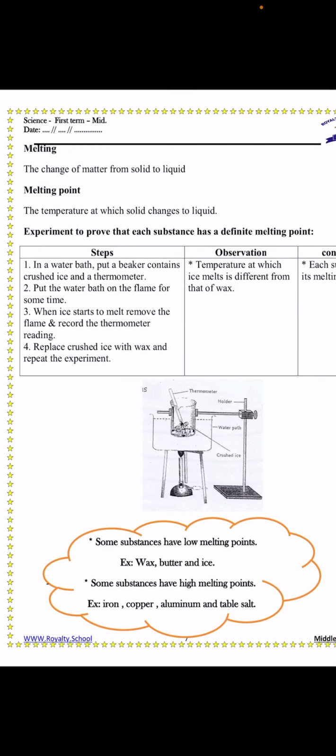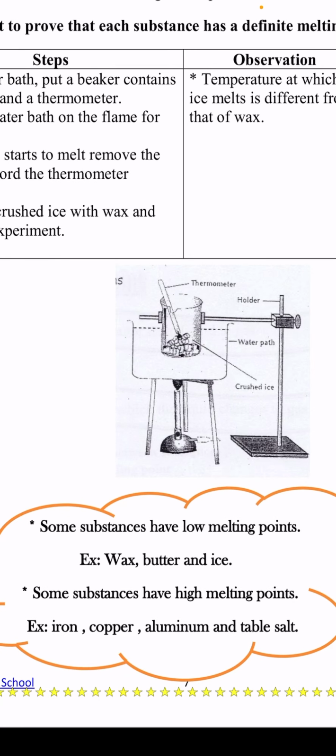Melting is the change of matter from solid to liquid, but melting point is the temperature at which the substance changes from the solid state to the liquid state by heating. Each substance has its own melting point. Substances are classified according to their melting point into substances with low melting point and substances with high melting point. High melting point means it takes a long time to melt, such as iron, copper, aluminium,